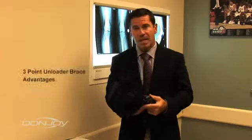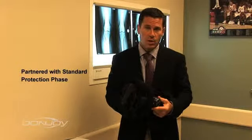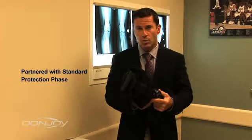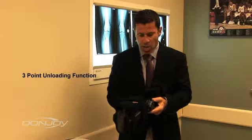So what we're really trying to do is garner the biomechanical advantages that a 3-point unloader brace would provide, and again marry that to the standard protection phase that usually occurs in the first 0 to 8 weeks. So it allows us to promote early mobilization of the patient at the same time, just because we have that 3-point unloading function that really has an abundance of literature to support its application, and we just apply it to